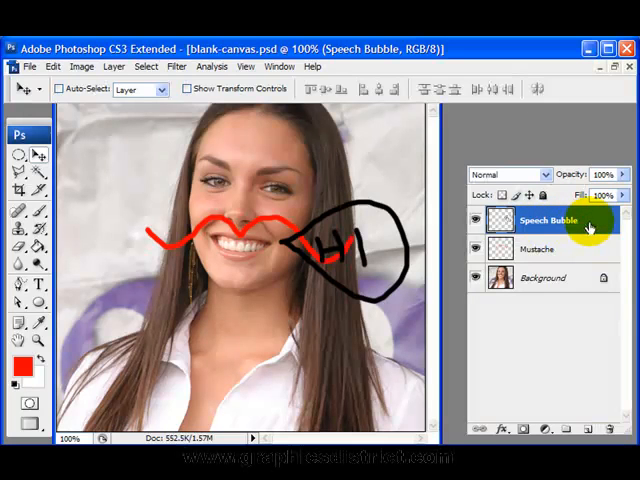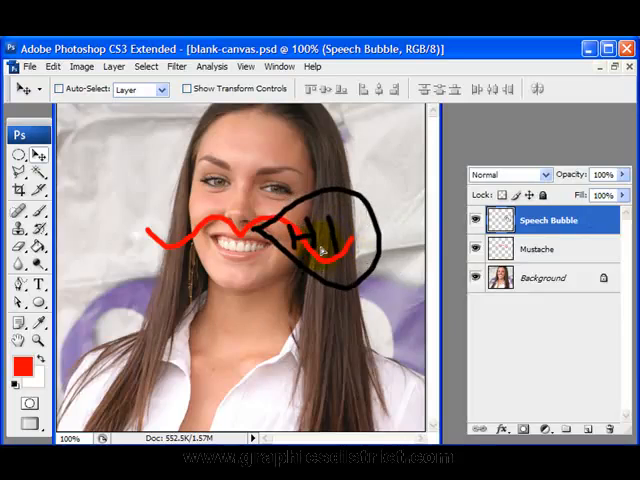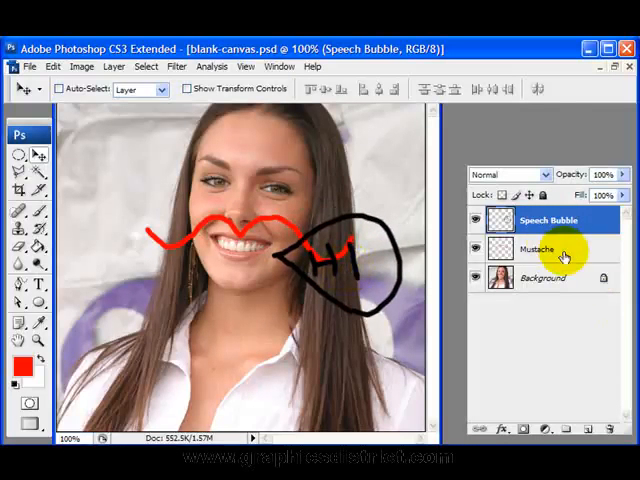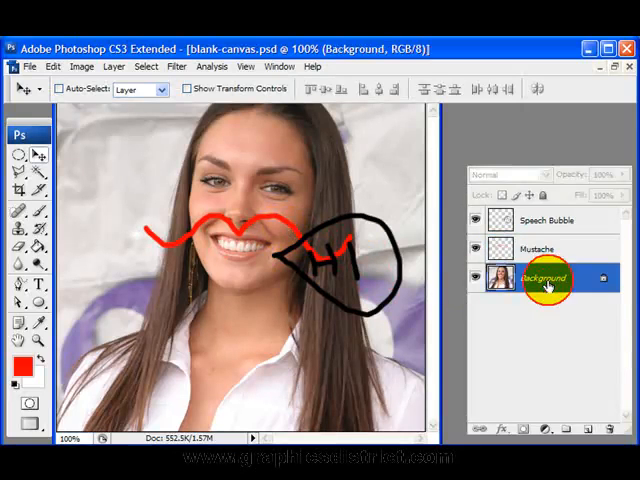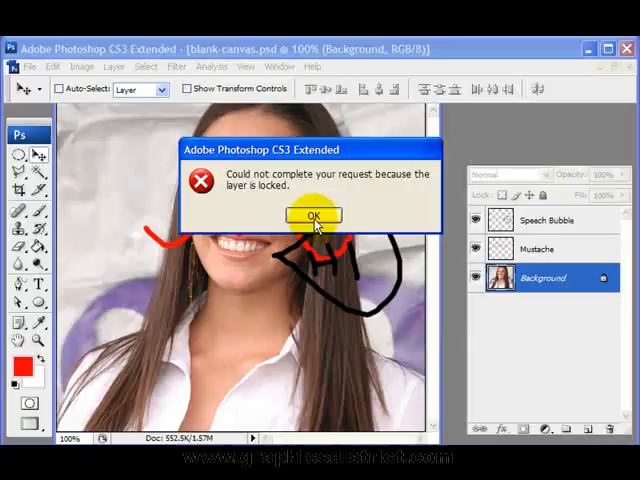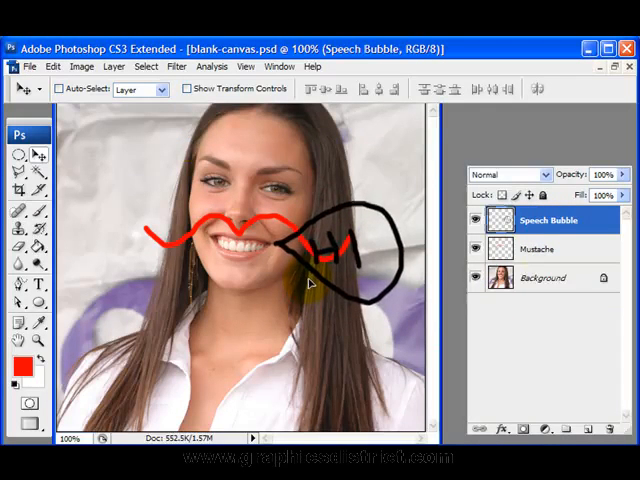But I've got the speech bubble layer selected right now, and I'm going to move that around, and as you can see, it moves around without affecting the things below it. Likewise, if I do the same with the moustache layer, that works. You'll notice you can't click and drag the background layer because it's locked in position. See how I get an error there? So I'm going to move the speech bubble layer again, and I think that should give you the basics of